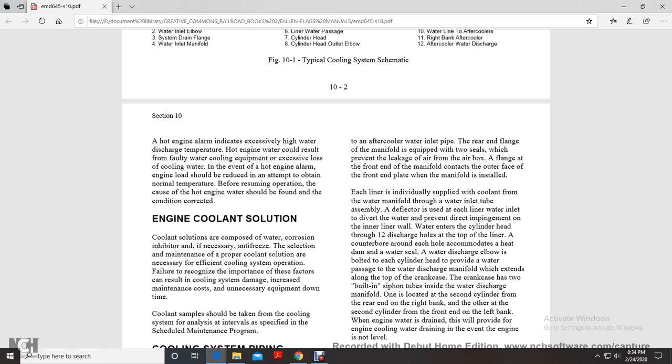Each liner is individually supplied with coolant from the water manifold through the water inlet tube assembly and deflector. The deflector is used at each liner water inlet to divert water and prevent direct impingement on the liner wall. The water enters the cylinder head through 12 discharge holes at the top of the liner. At the counterbore around each hole, a seal accumulates heat and dams the water. A water discharge elbow is bolted to each cylinder head to